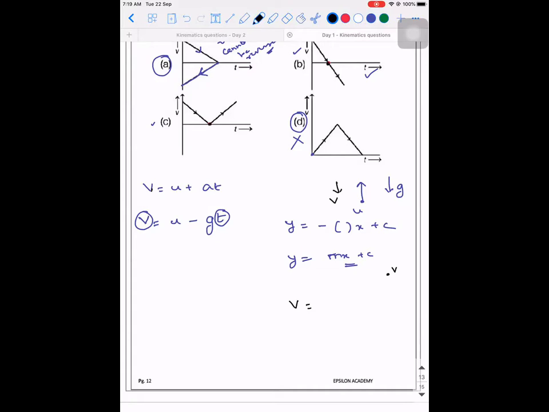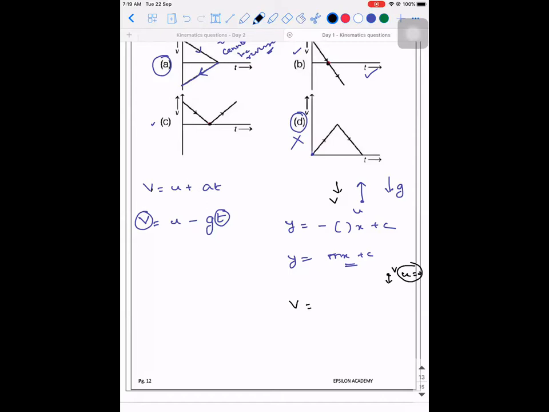Sir, it's still U because it does not experience any drag or something. But that's not the thing, no? Because see, when it goes to the highest point, its velocity is going to get reversed. Right? You're accepting that? So when it is going to get reversed, the initial velocity for the reverse journey is 0.